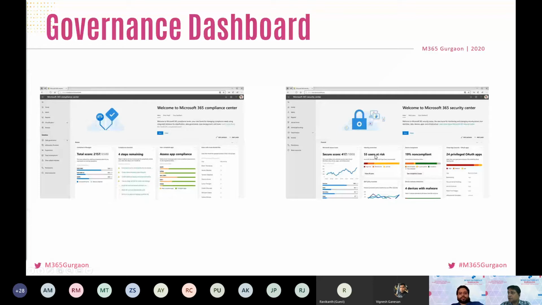Then identity protection, using backend algorithms, gives you users at risk, how compliant your devices are, and whether unwanted software is installed on the devices. All these security related things are provided in the security center. So that's about the governance dashboard, and based on these snapshots you can take decisions.